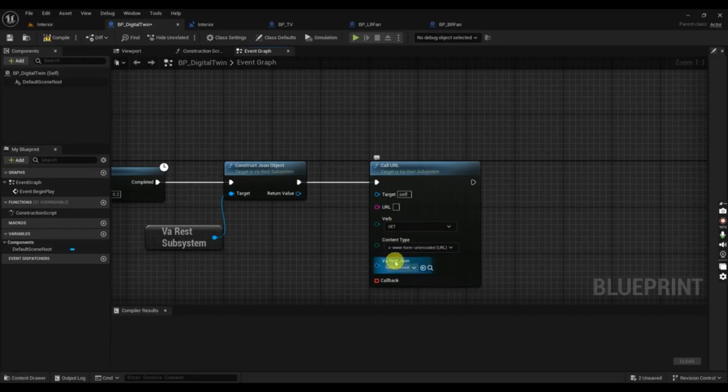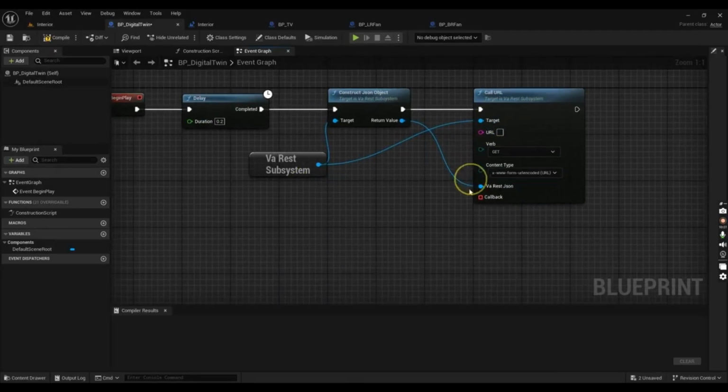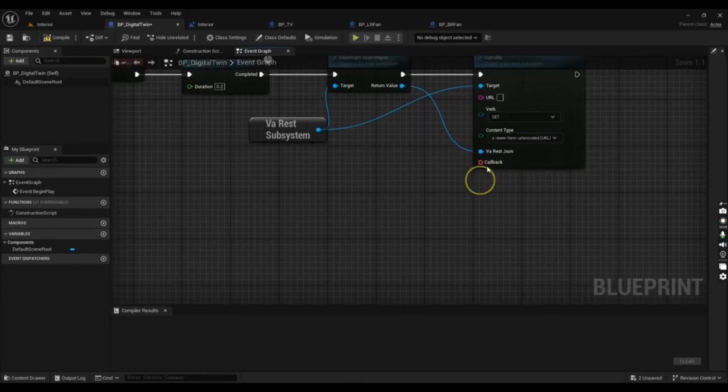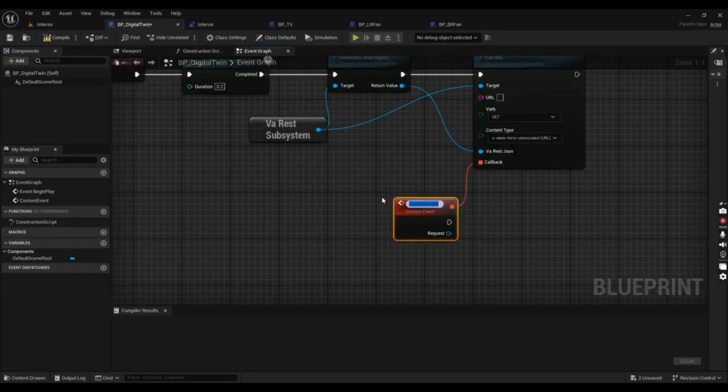And we have to give the JSON object the return value, the construct JSON object. So here we have to give it, and then the Varus subsystem is the target, and then we have the callback event. So drag it and create a custom event, and the name, data, anything, data underscore receive